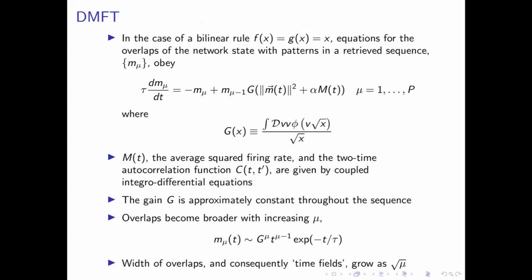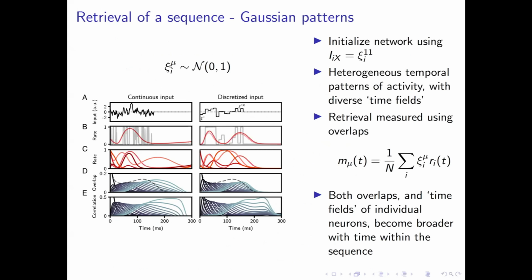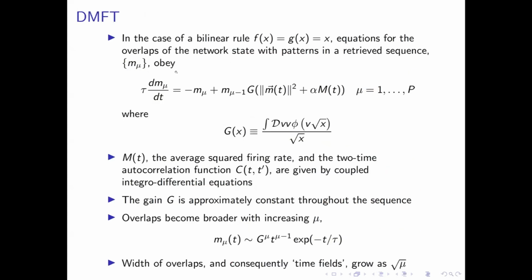And so, a quick slide on mathematical methods, which also gives us some intuition about what happens. There is one specific case which is analytically tractable, when the pattern psi are Gaussian. In this case, you can actually derive, in the large N limit, equations for these overlaps. And these equations look remarkably simple, right? If you look at the overlap with pattern mu, you can see that there is a decay term, but then it's driven by the overlap with the previous pattern in the sequence, right?